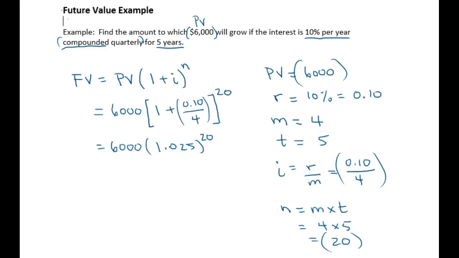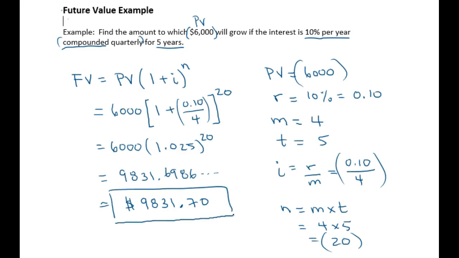So I leave it in my calculator, then I hit exponent 20, then I multiply it by 6,000, and in the end you should get 9,831.6986, etc. This is money, so obviously we're going to round it to the nearest cent. So approximately equal to $9,831 and 70 cents. So investing $6,000, compounded in this way, we're going to get a future value at the end of that time frame,